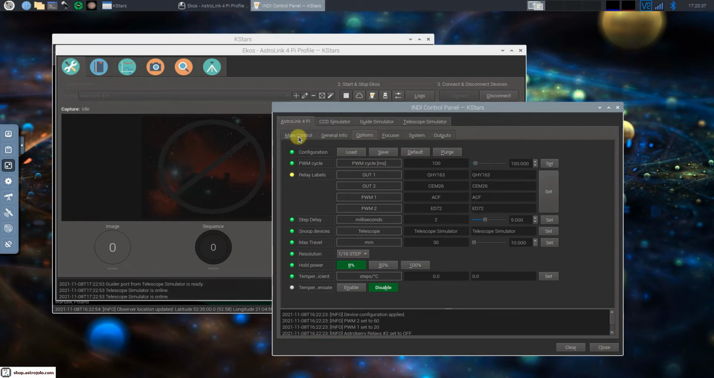And in the options tab, we already discussed the PWM cycle and labels before. So the next thing is step delay in milliseconds. This is the delay, the time between the focuser stepper motor steps. If it is set to 2 milliseconds, then the motor makes an actual 500 steps per each second. And the Snoop device is the telescope simulator,